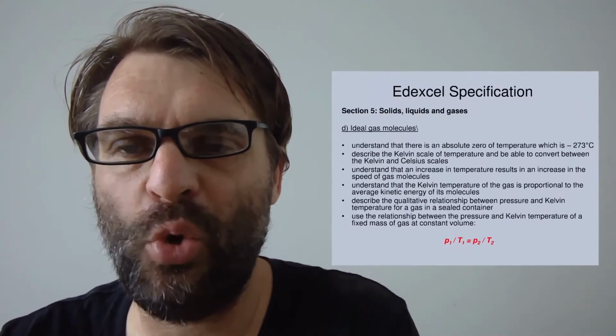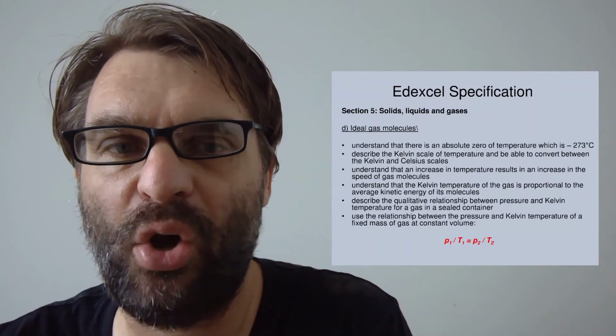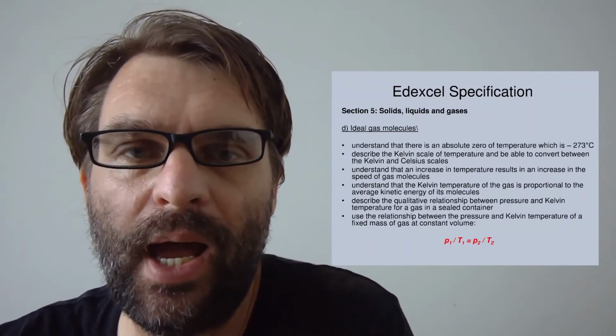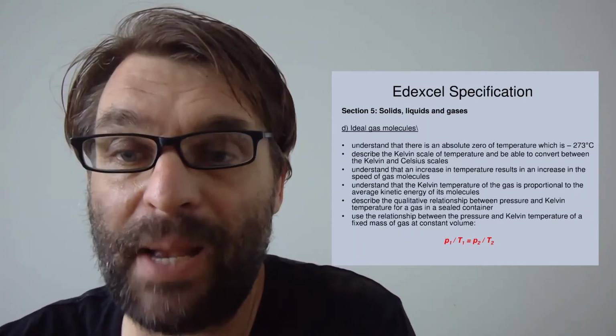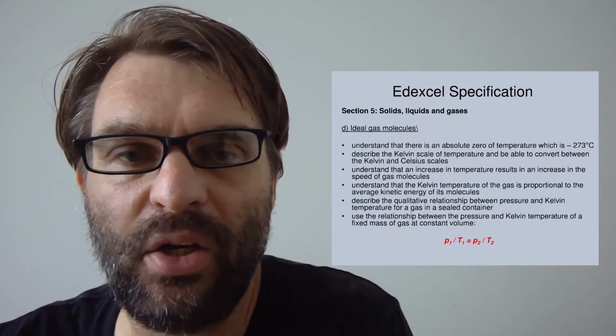So welcome to today's lesson on temperature. So quite a few learning objectives to go through today. The first one is understand the concept of absolute zero and how it relates to degrees Celsius. Describe the Kelvin scale and be able to interconvert between Kelvin and degrees Celsius, and understand that increases in temperature